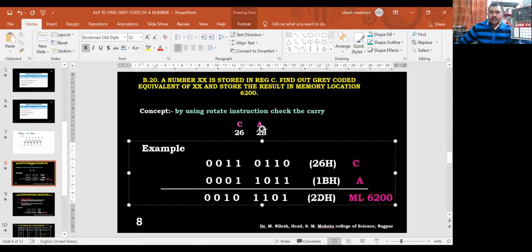Next, yeah. So it is showing you 2D. The answer is correct. I guess you have understood that it is converting the number into a gray code, right? So yeah, this is how it goes.